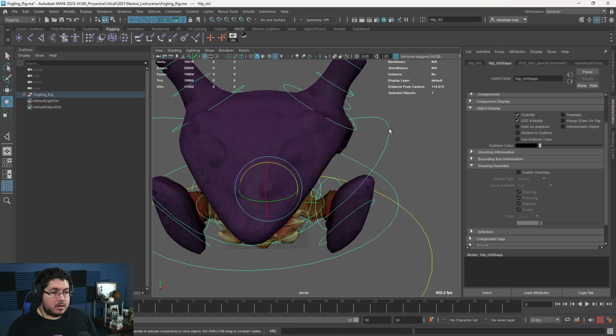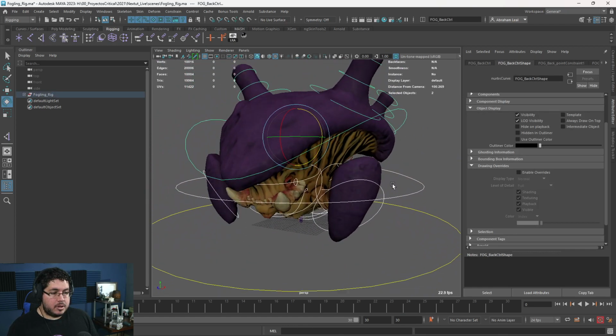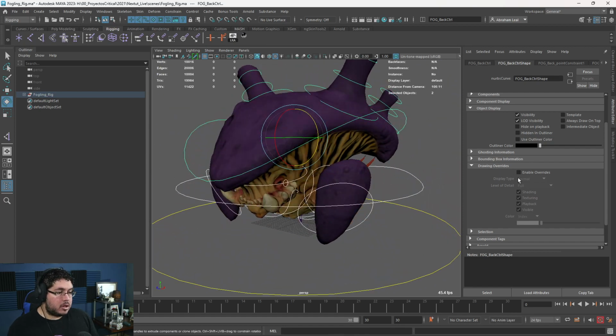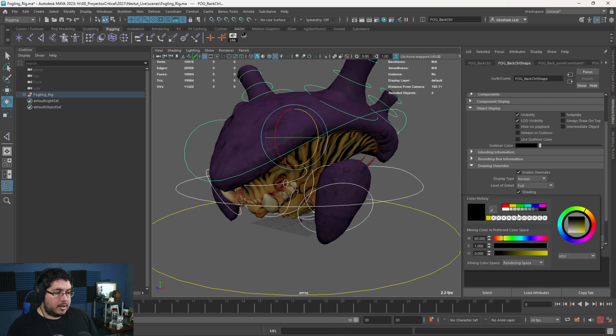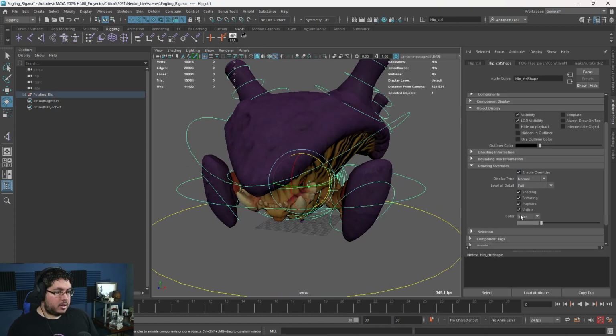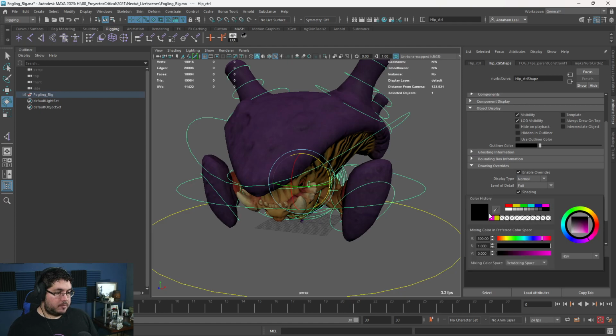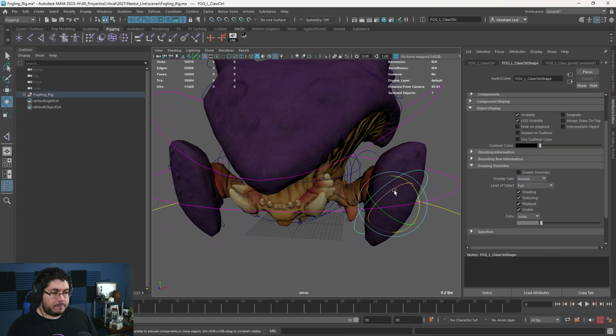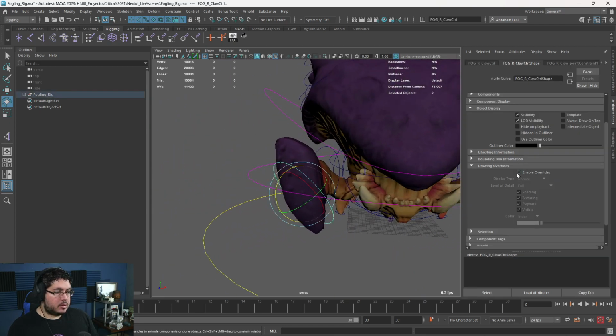So this guy right here and this guy right here, which is the hip and the carapace controllers, we're also going to enable overrides, change this to RGB, and these are going to be, let's say, pink. Same for this one. Enable overrides, RGB, pink. There we go.